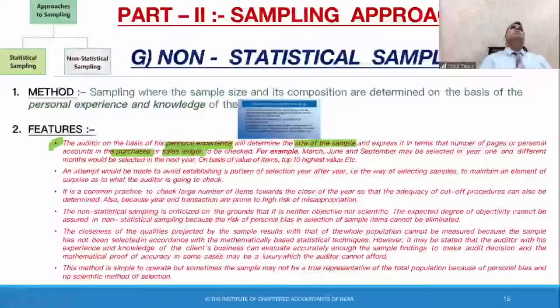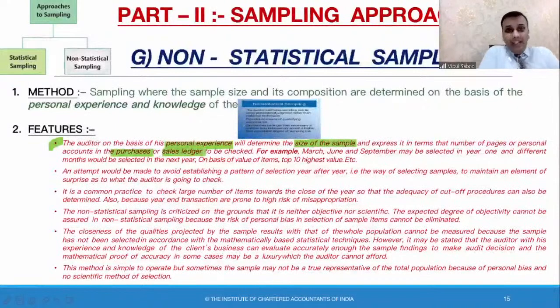The last time I audited the accounts of this entity, I found a lot of purchase invoices were missing, and many of the sales invoices were not tallying with what was fed into the system. My sample size would definitely be large. I won't go for any mathematical or statistical formula to derive sample. I'll say my sample would be large, and I'll be concentrating more on big value purchases or sales.